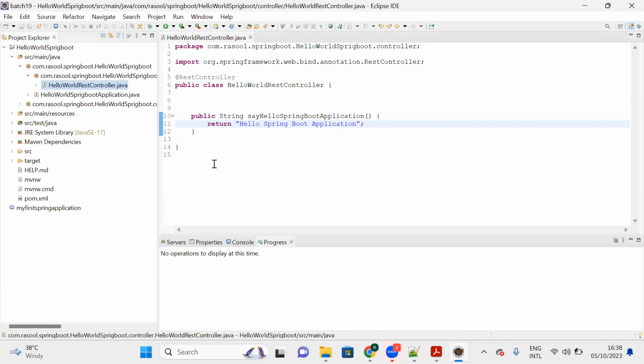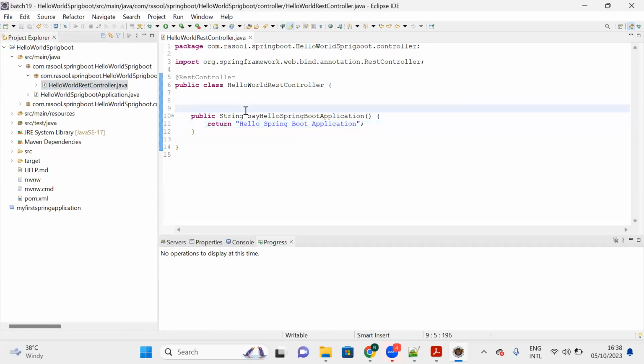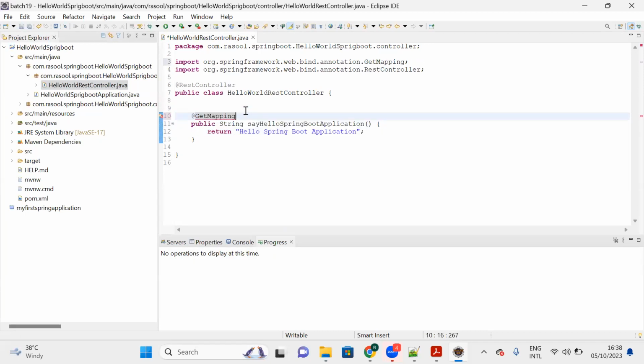Now, if you want to call the API, don't worry. As of now, I will explain later what is get mapping and what is the URL and all. Once I show you how Spring Boot works, then we'll discuss all those things. Hello world. Save the application. So now